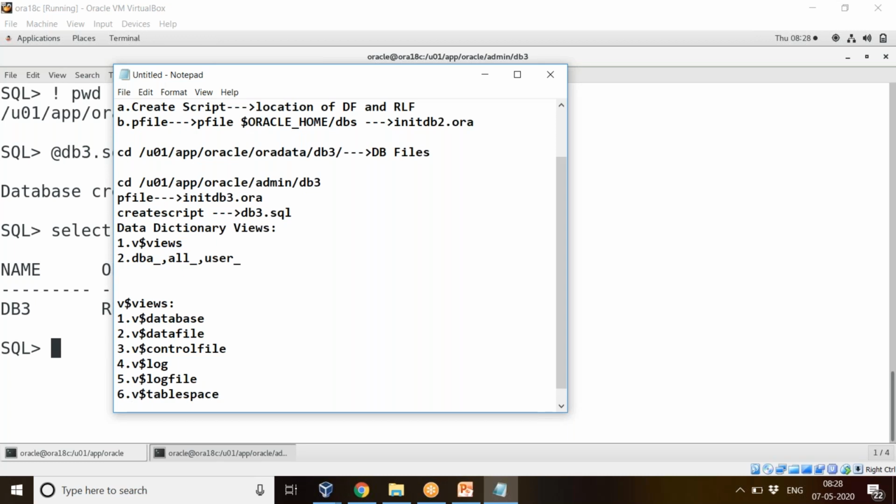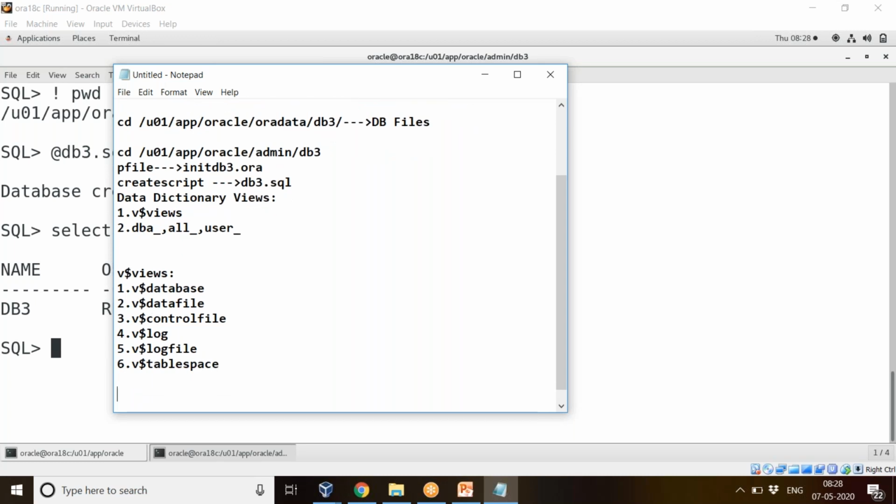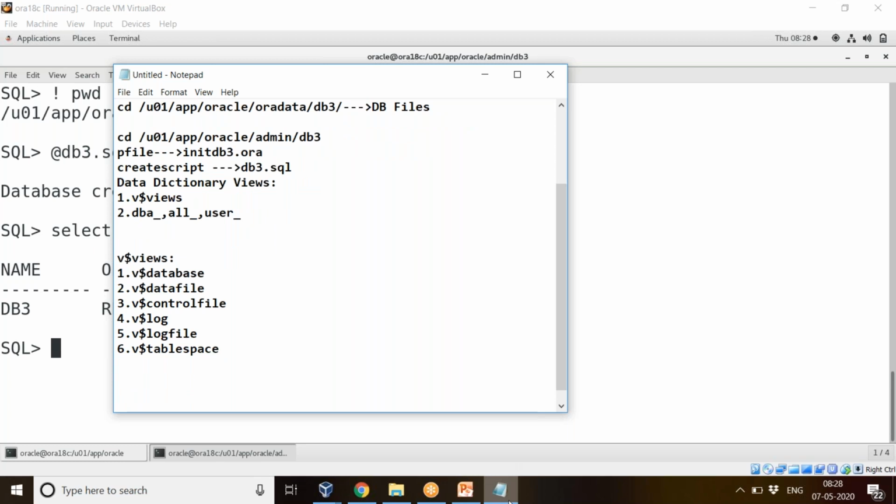So like this we have various data dictionary views. These views show us the metadata. Metadata means details about the database. Metadata of the database is being used here. So those are the v$ views.